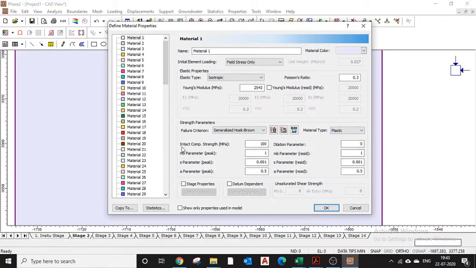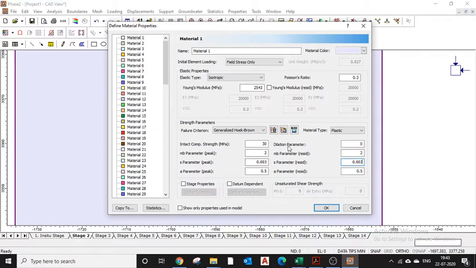Intact compressive strength, which is basically a UCS, but the UCS is of intact rock. Okay, this UCS is not of the rock mass, and I will just input here 30. For now I'm just taking a random value, but you need to take care during modeling to take whatever the actual value is.